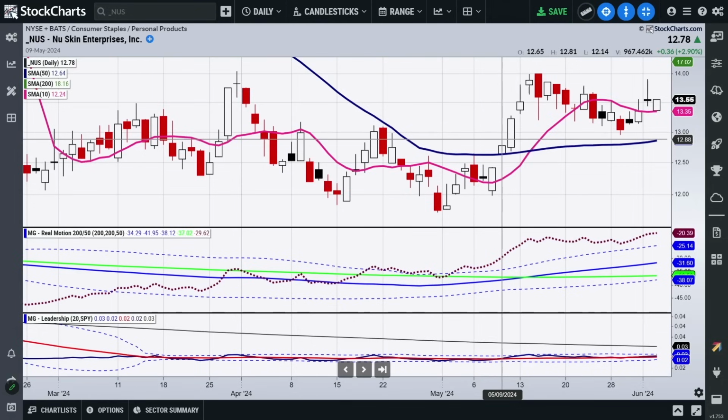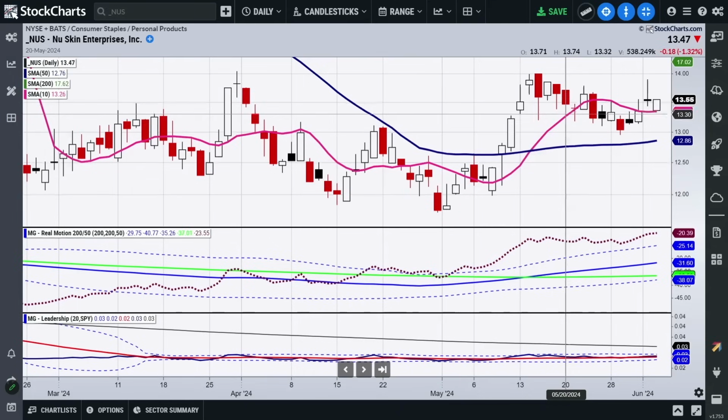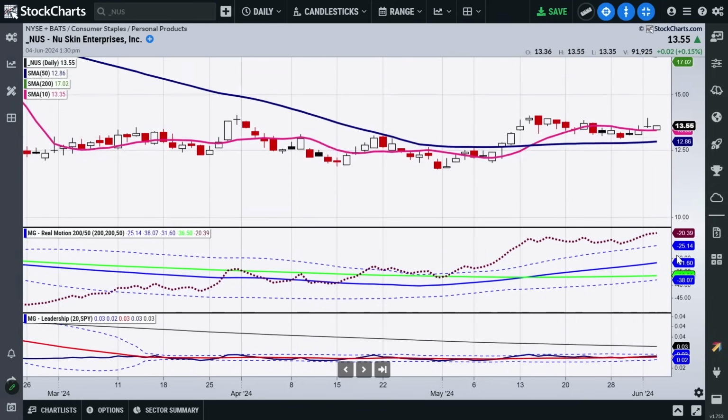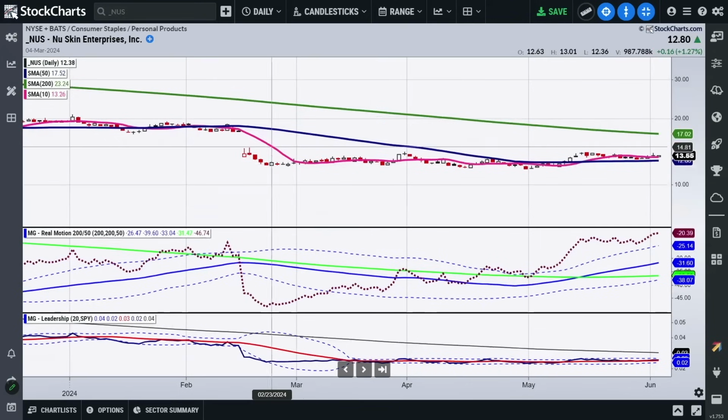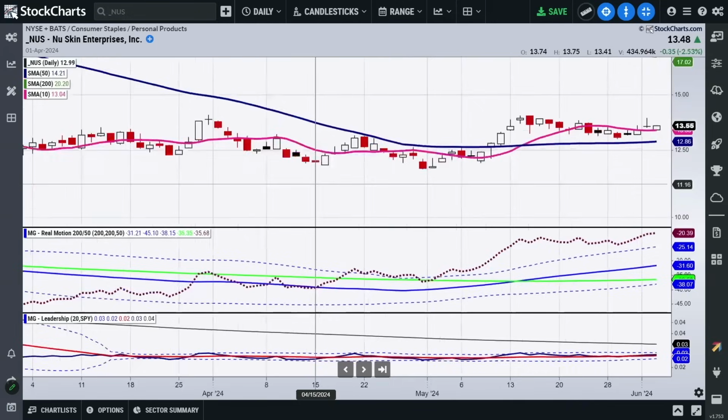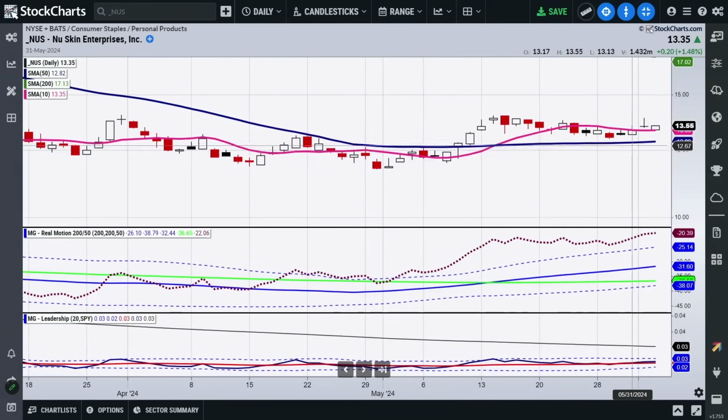It came up in my search for things that would benefit. And not only that, if you look here, you can see it's a consumer staple, right? We just looked at the consumer staples. XLP is a great area. So I'm going to end with this thought. If we kind of bring this back a little bit here, we'll see that there was a gap right up here after it reported poor earnings, the gap to 1734. Currently, we're trading at 1355, and we're above the 50, so we're in a recuperation phase, and we're above the 10. Look at this momentum. I mean, it's just flying, and it's outperforming the SPY.